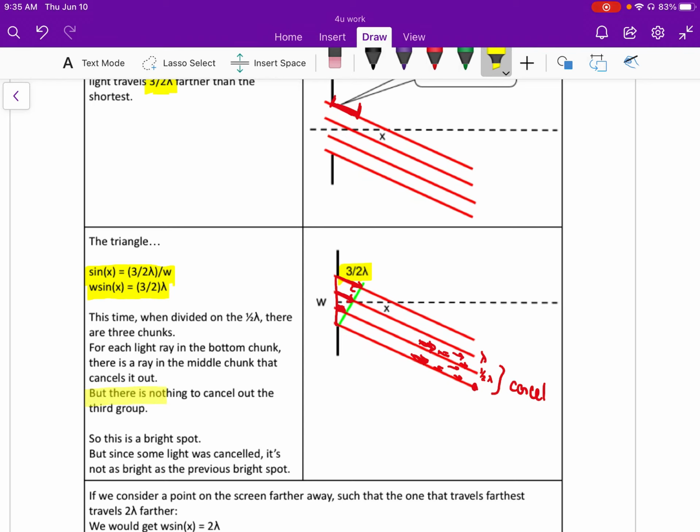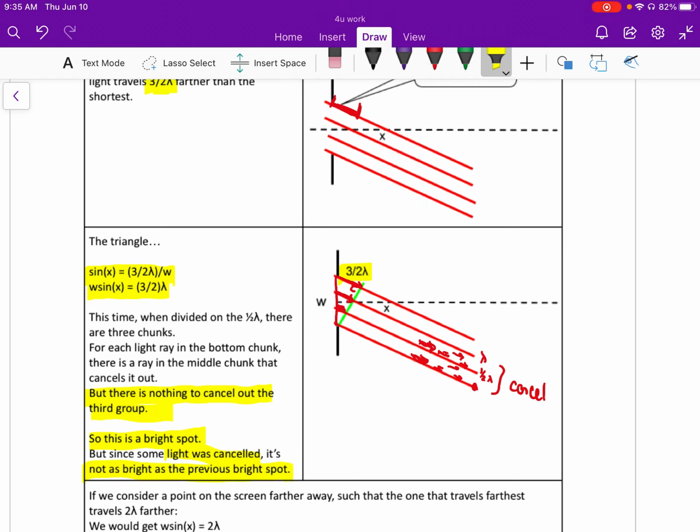But that means there's nothing left to cancel out the third one. When we divide it into the 1.5 lambda, that's a 3 over 2. Since 3 is an odd number, we don't get a perfect canceling out. There's a little bit left over. Since there's a little bit left over, this is going to be a bright spot. But some of the light did cancel, so it is a bright spot, but it's not as bright as the